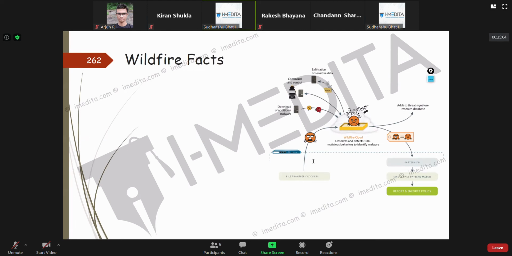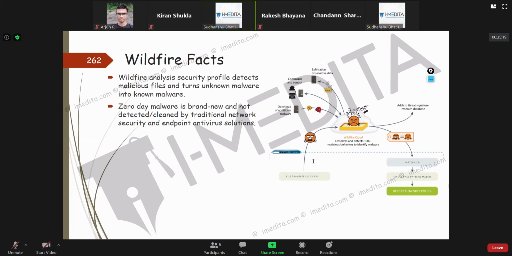Same thing, like I told you, it detects malicious files and turns unknown malware into known malware. If there is a malware which has not been used anywhere previously, that's what we refer to as zero-day malware. Zero-day malware is a brand new malware.